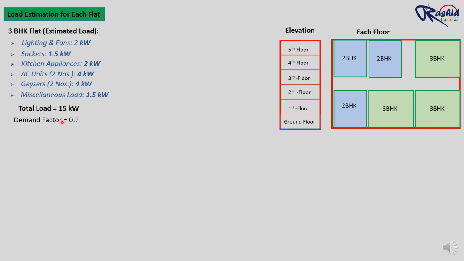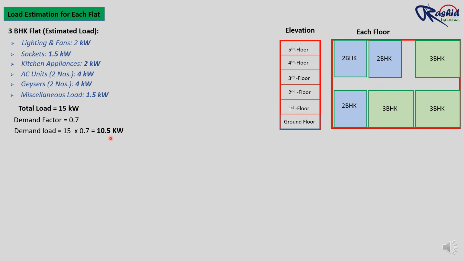Now we will consider demand factor. Why we use demand factor? Because all electrical appliances and equipment will not operate at the same time or at full capacity. If we design based on the total connected load, it will be overestimation, leading to unnecessarily large equipment and higher cost. So as you can see here, in this 3 BHK flat, the total connected load is 15 kilowatt. But we will apply here demand factor 0.7 because not all appliances will run together. So the actual demand load will be 15 kilowatt multiplied by 0.7 equal to 10.5 kilowatt,